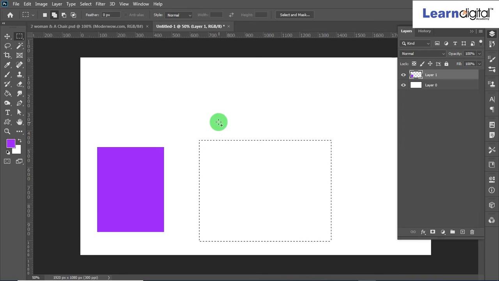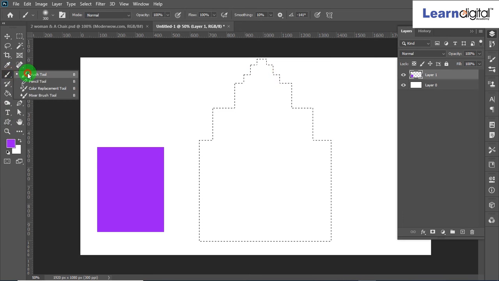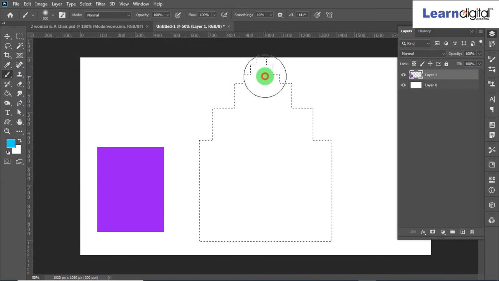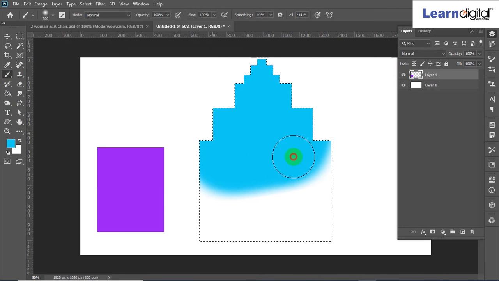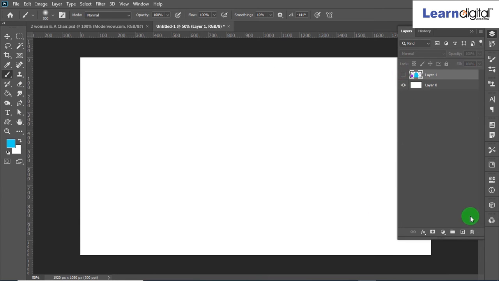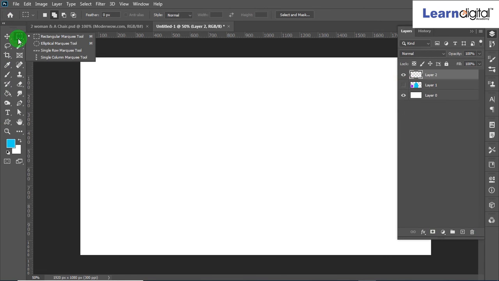Next, again you can select the rectangular marquee tool. Now, what is the second option? That option is called add to selection. When we select add to selection and draw the rectangle, we can add like this. Like this we can add. After that we can select a brush tool, choose whichever color you want, and fill the color here. Like that we can use add to selection.